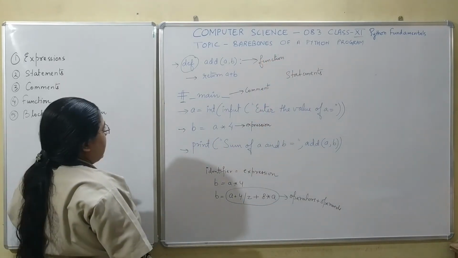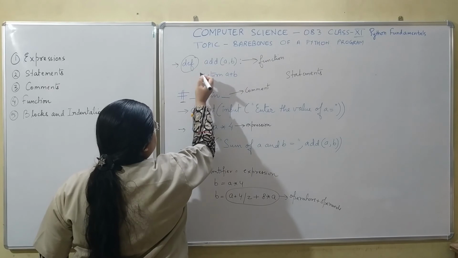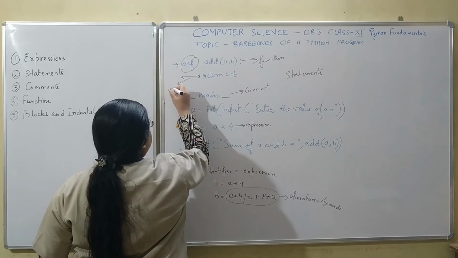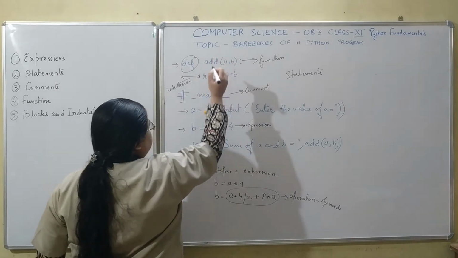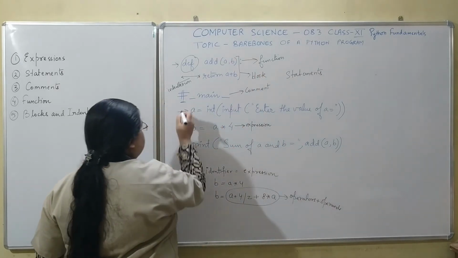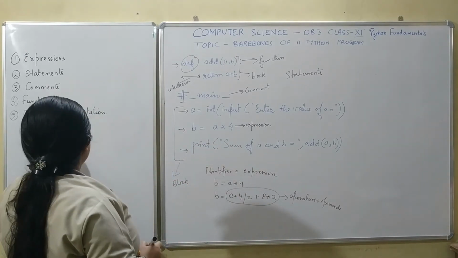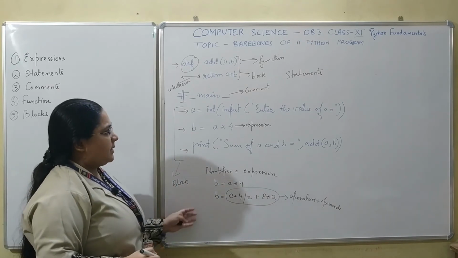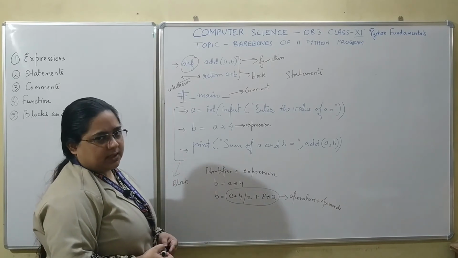Then you have blocks and indentation. You can see over here that when we have written def add, we have started return after giving it some space. This is known as indentation. This def, that is this function add, is a separate program block. Similarly, this group of statements is a separate program block. So a typical Python program is made up of all these various constructs. Let us see each of these constructs in detail.